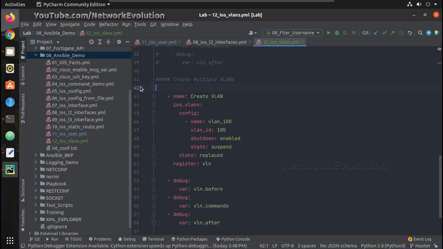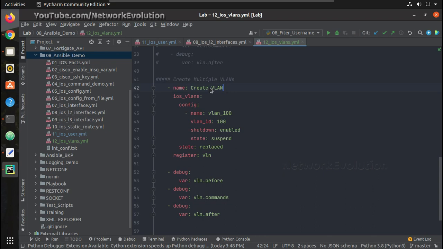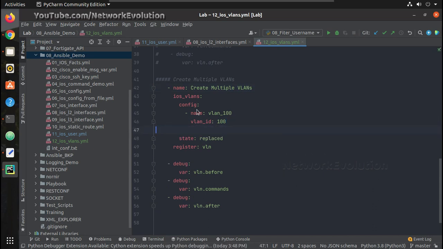We can delete tasks from here. And here under configuration we need name and VLAN ID. So I'll copy this